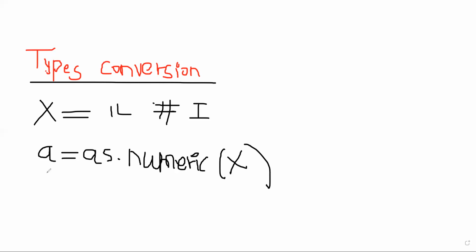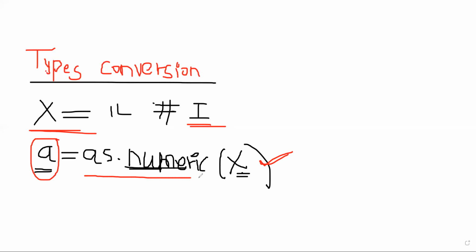So R will create one new variable a, which has the value of x, and the type of x will be numeric. So to change a particular data type, initially x is an integer. Now I create a new variable, I put the value of x here, but the original type of this value is integer. But I use this as.numeric function, and the type of this x will change into numeric.